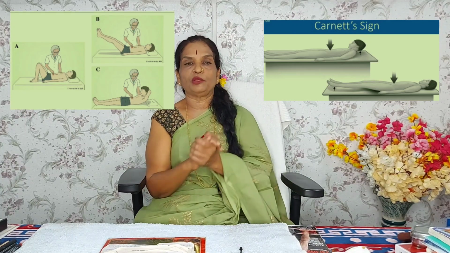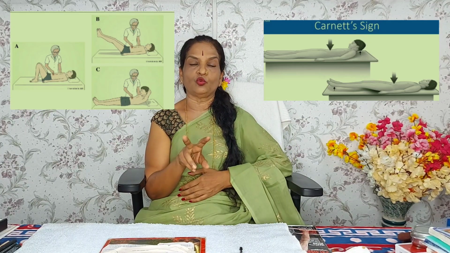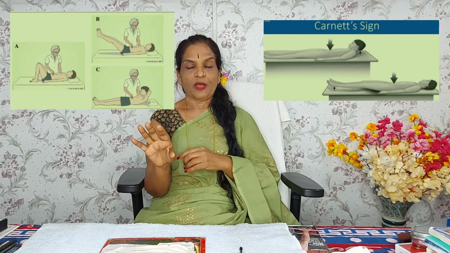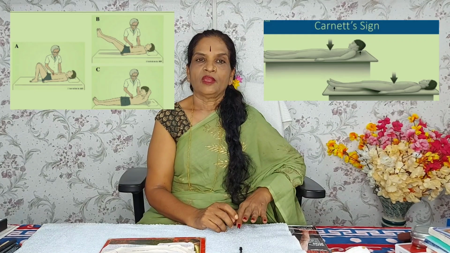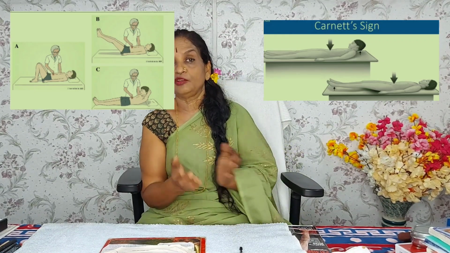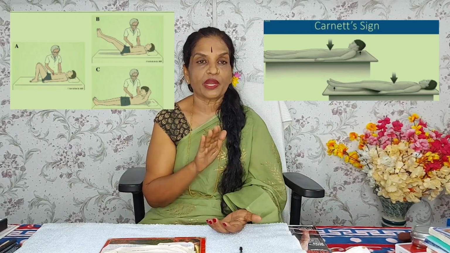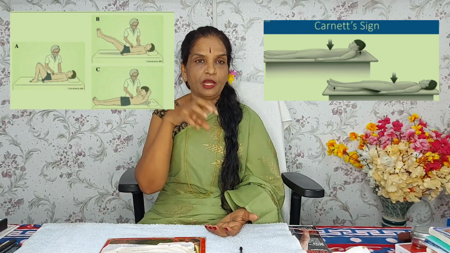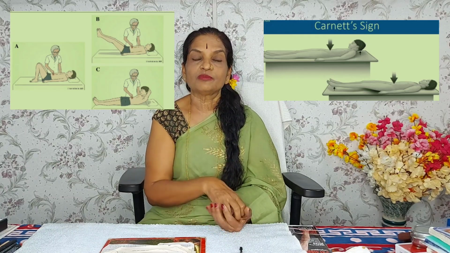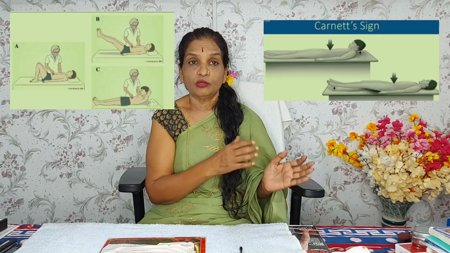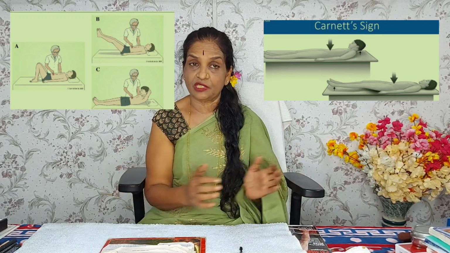Now comes the mobility. Mobility you will have to define in two ways, transverse and vertical. And the second thing, when you raise the shoulder, again the same thing happens. If it is parietal or in the muscle, the lump becomes prominent. When the patient is relaxed, you check whether the lump is transversely mobile, whether the lump is vertically mobile.